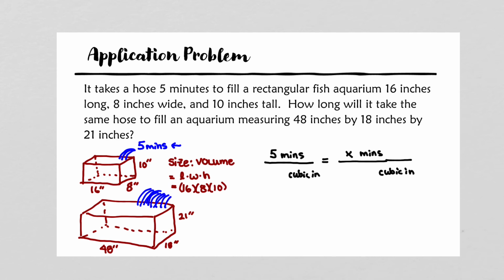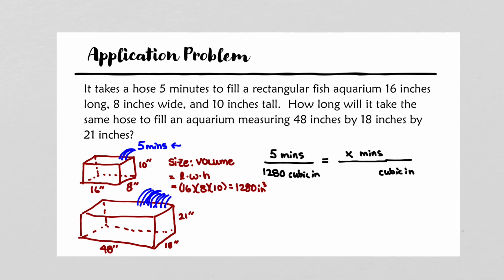And if I put that together into my calculator, I get 1,280. So that means that this first fish tank has a volume of 1,280 cubic inches. I can use that number and fill that into the denominator on the left side of my proportion, 1,280. And we start by saying 5 minutes is to 1,280 cubic inches as X minutes is to